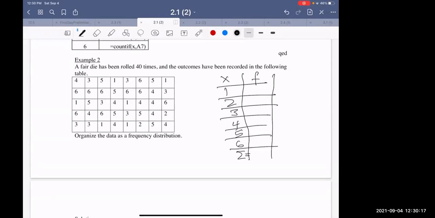So I have here, there's a 4, a 6, a 1, a 6, oops. A 3, 3, 6, 5, 3, 5, 4, 3, 5, 6, 3,